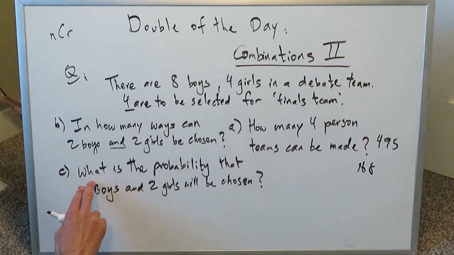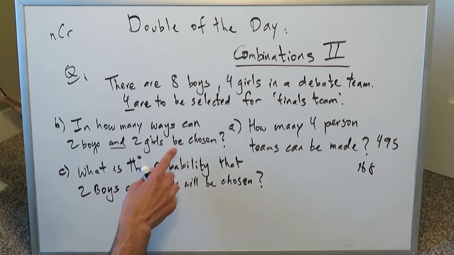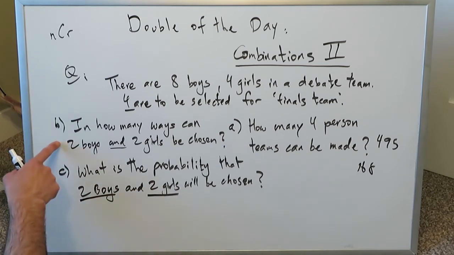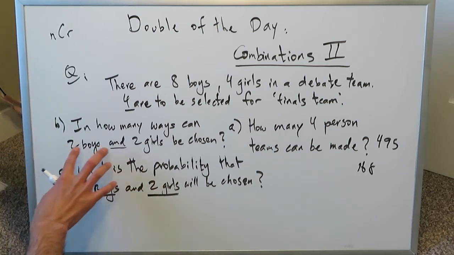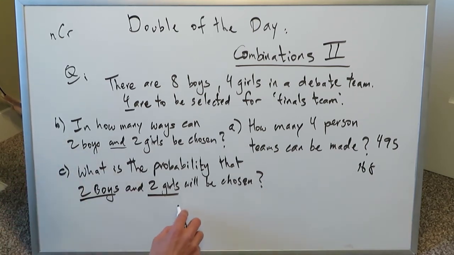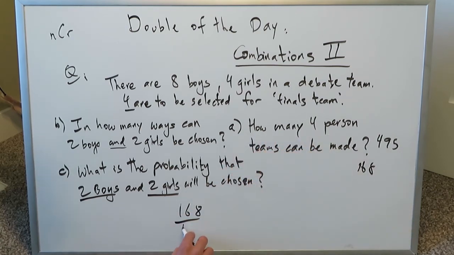Now let's look here. An accessory question: what is the probability that 2 boys and 2 girls will be chosen? We know the definition of probability is the number of successful outcomes divided by the number of total outcomes. We're again talking about 2 boys and 2 girls, an extension of question B. In essence, B is telling you the total number of successful outcomes, which happens to be 168, and A is telling you the total number of possible outcomes, which happens to be 495. So the probability must be the quotient of the two, and we can post an answer in terms of percentage or fractions. 168 divided by 495 gives us